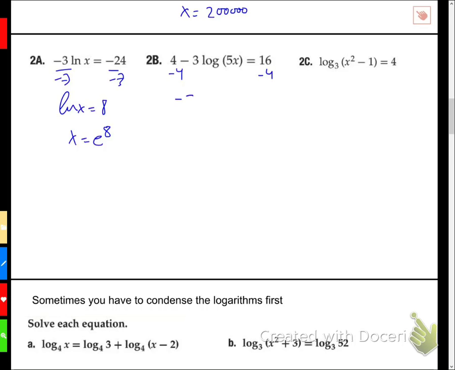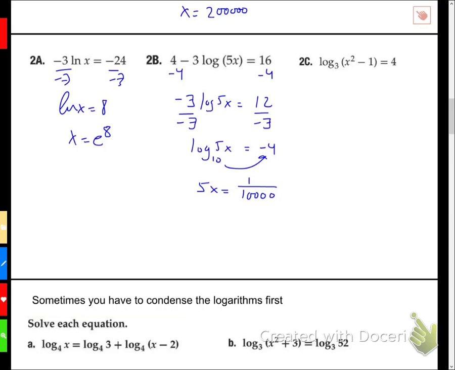Subtracting 4 gives me 12. Dividing by 3 gives me log 5x equals -4. So 10 is the base. Comes up under here. 5x equals, this is a fraction because of the negative power. 10 to the negative 4 power puts me in the denominator, and I have 4 zeros. Okay, 1, 2, 3, 4. 4 zeros. And then when I divide by 5,